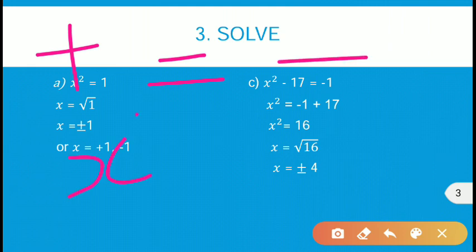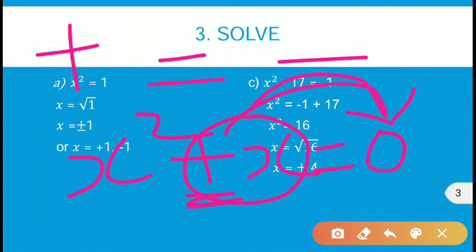Suppose we have an equation like x square plus x is equal to 0. This plus is on the left hand side. When we transfer this plus x to the other side, it will convert into a minus sign, and a minus sign will convert into a plus sign. Both are opposite. Plus will convert into minus and minus will convert into plus when they are transferred from one side to the other.